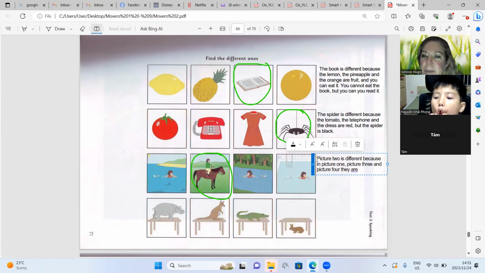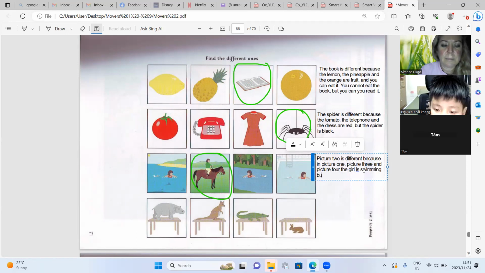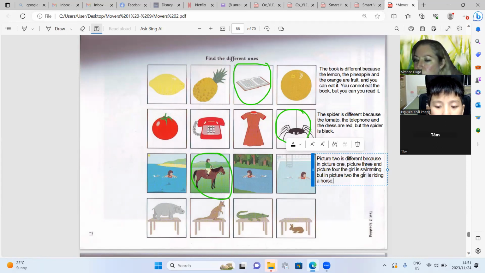What are they doing in picture 1? The girl is swimming. But in picture 2, a horse. Is riding a horse.